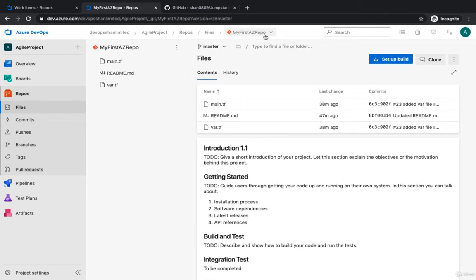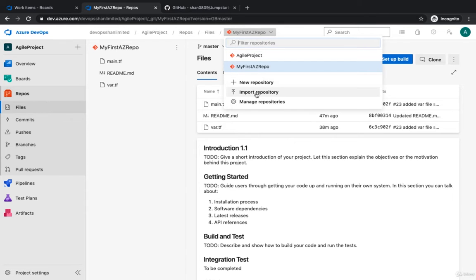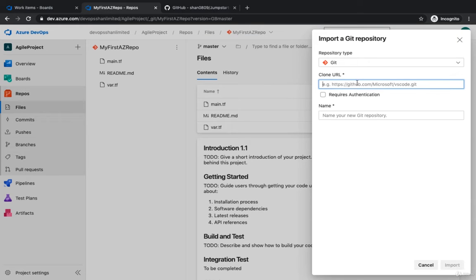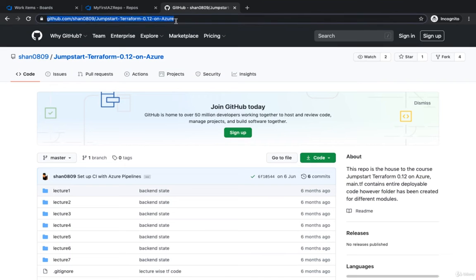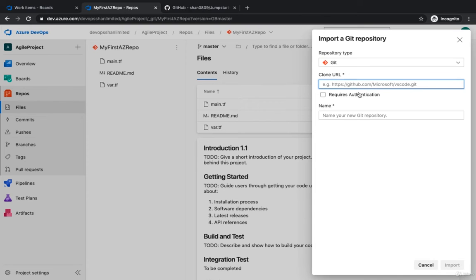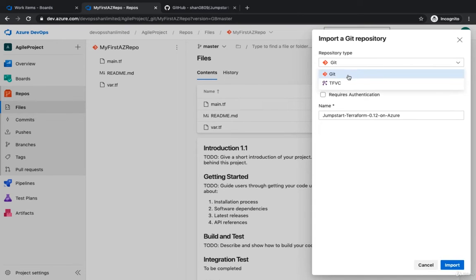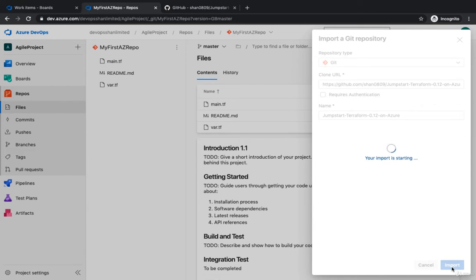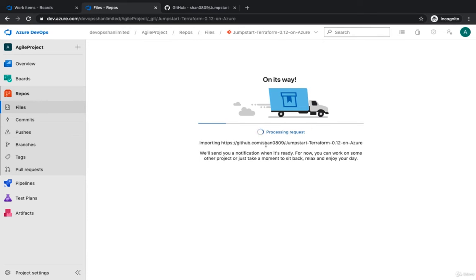It's pretty simple. You click on the repository right over here. Just beneath the new repository, click on the import repo and give the URL. So I've already opened one of my public repos. I'm gonna go over here. You select the version of your repository, which is a Git or a Team Foundation version control, which is the on-premises version. If it doesn't require any authentication, just leave it as is, and then you give the name of your repo and start importing it by clicking on the import, and this is gonna start importing